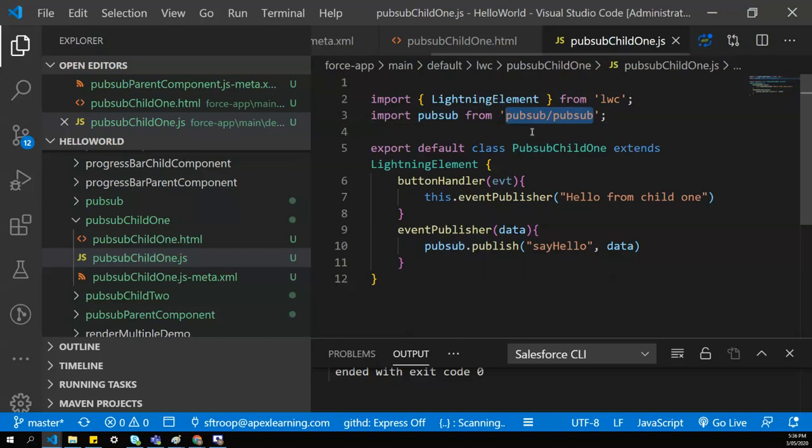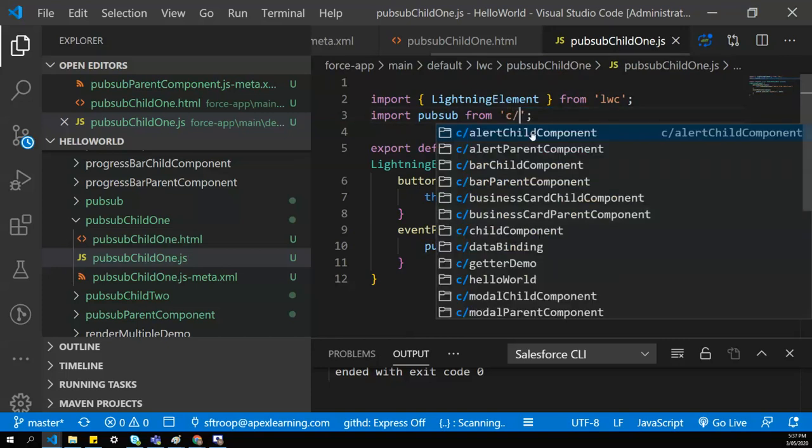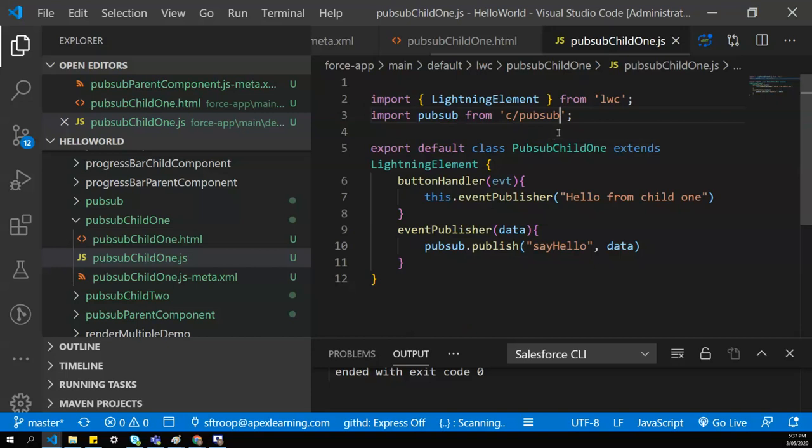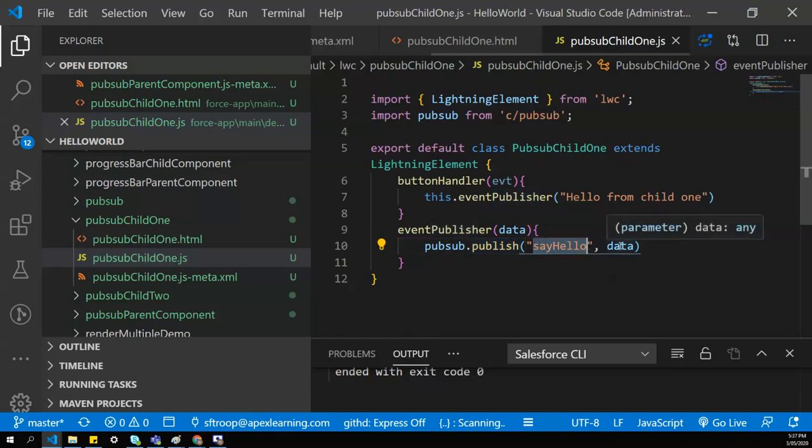To import this, you need to use c/pubsub. This is a service component. A service component is a component in which we don't have HTML, and it's just a module. To import that module, we use c/pubsub. Pubsub is the name, and within that pubsub we are exporting three methods. From pubsub, I'm using the publish method. In the publish method, I'm passing say hello and the data. Say hello is my event name, and data is the data that I want to pass.